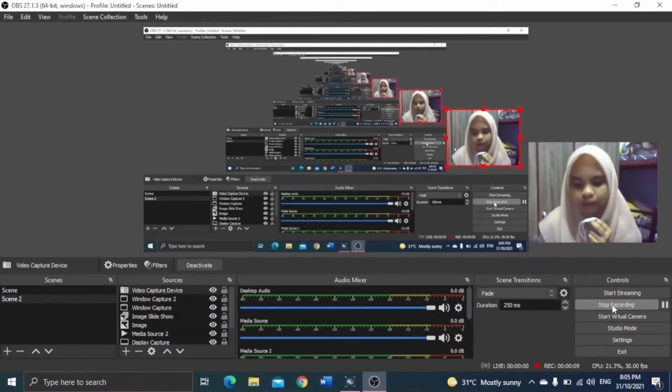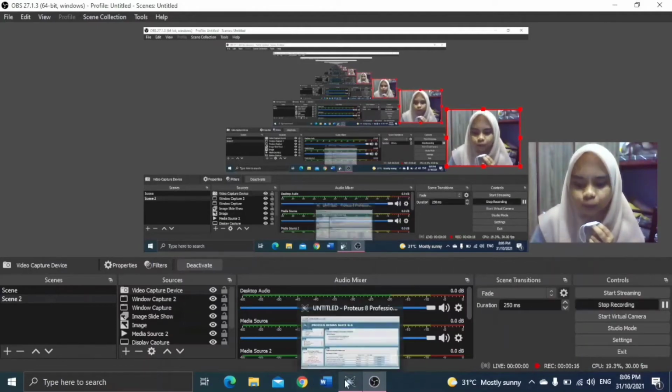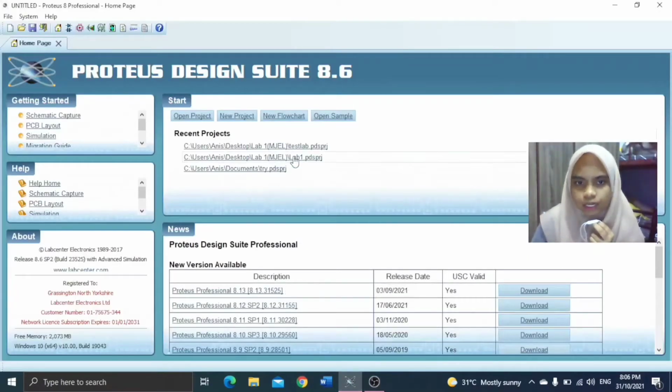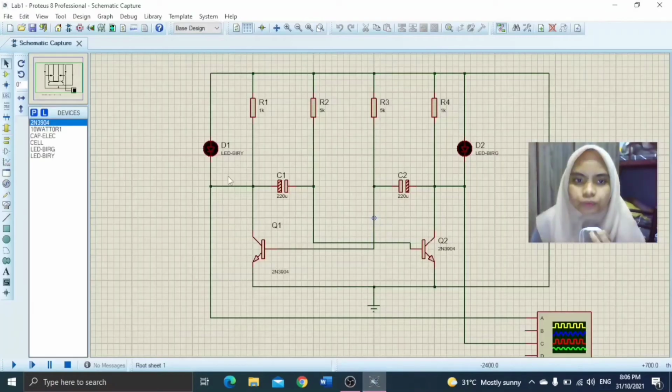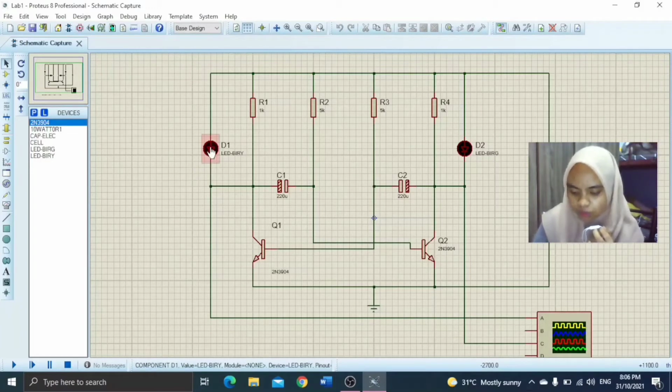In this lab, I will discuss circuit design and PCB layout. Firstly, we open the Proteus and select the circuit that we have done on the previous lab. From this circuit, we need to change the component if the component does not have a PCB package, like LED and battery. So to change the component, we need to remove it